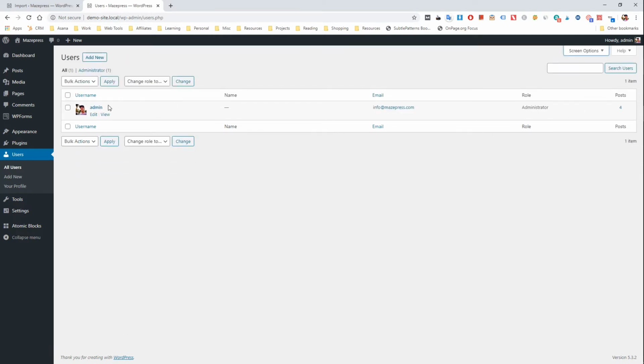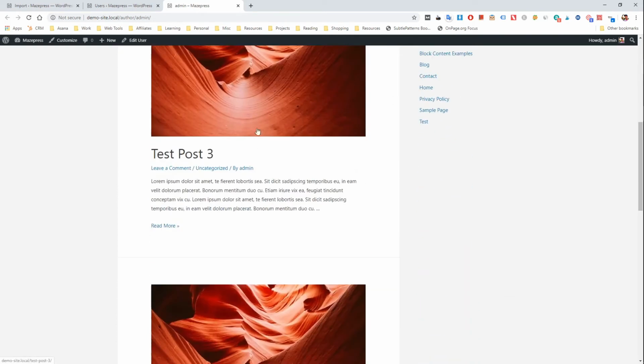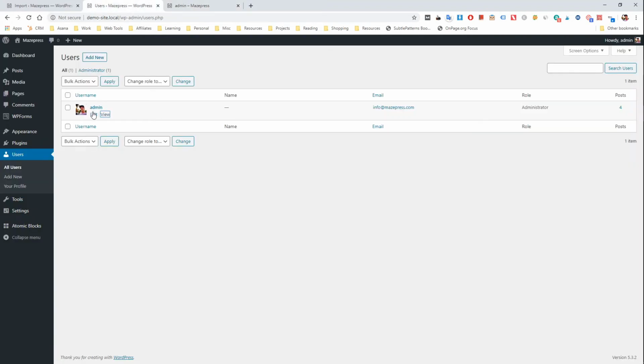If we go over and hover on me, you can see we can edit or view. View allows us to see the author profile if they're turned on. As you can see, by default they are. So you can see my profile here and the 4 test posts. My name, my photo. If we go back to users and then we go to edit,